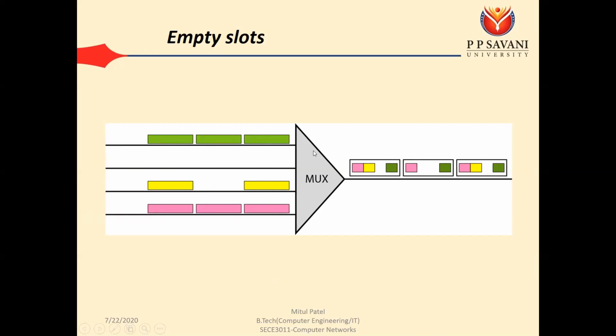Now if we are following the synchronous TDM, then what we have to do? We have to include each input time slot in one frame. So પહેલી frame માં આપણે 4 input slot ને include કરીએ, so we have this first green one, then second one is empty, બીજું empty રહેશે, then third one is there, fourth one is there. Second માં પહેલું આવશે, બીજું ને ત્રીજું empty રહેશે, ચોથું આપણું fill આવશે. Same way ત્રીજી frame માટે પહેલા time slot માં છે, બીજું empty છે, ત્રીજું ચોથું ભરેલું છે.